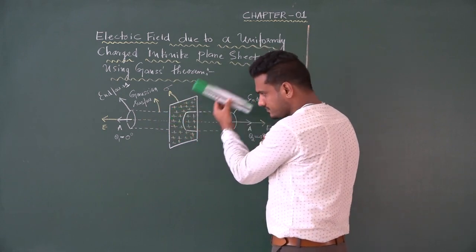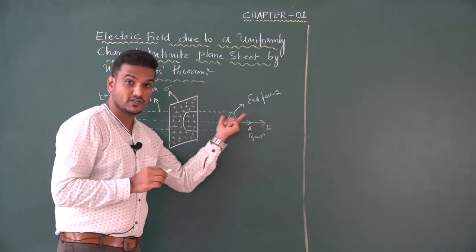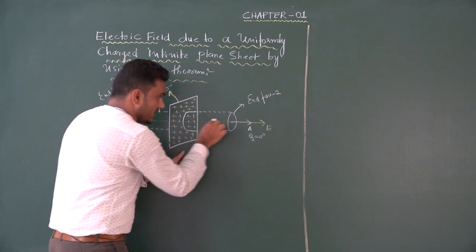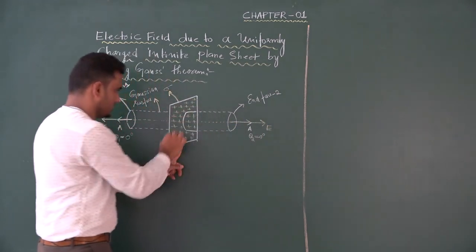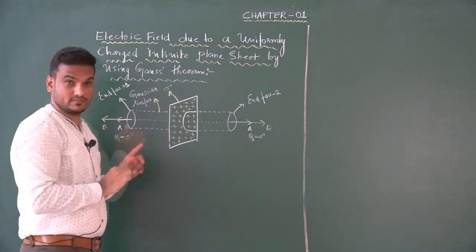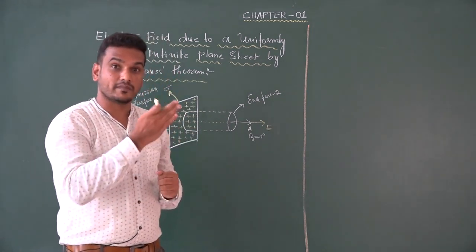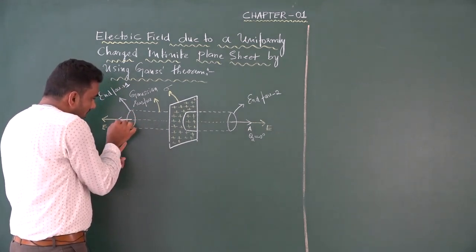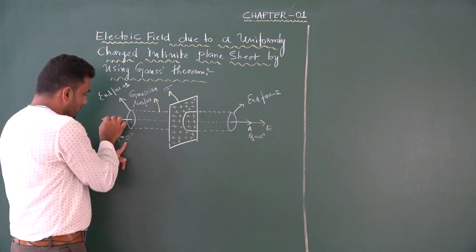Then we know that the direction of electric field is always normal to the surface of a charged conductor. This is the charged conductor. So the direction of electric field is normal, meaning perpendicular to the surface of a charged conductor. Look at this, even this side also perpendicular. To this area element I am writing the area vector. Area vector is nothing but the line perpendicular to the area element. Perpendicular line gives area vector.